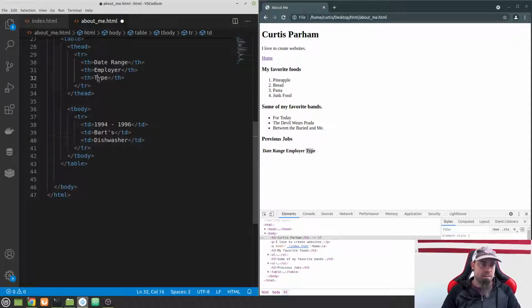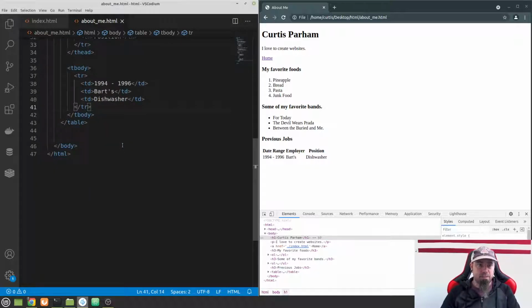Now, this type up here, what I think we'll do is change that to position. That makes more sense. So now if I save and then refresh the page, you can see that I have a date range, an employer, and a position, and they line up underneath the headers. Okay? And so we would continue on in this tbody in this fashion, and we could do another TR,